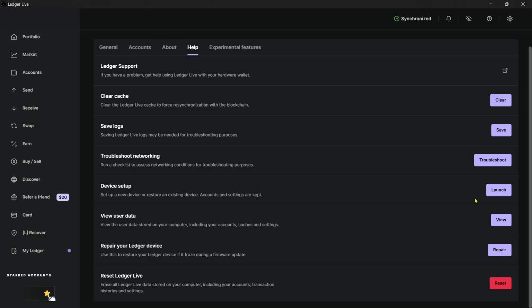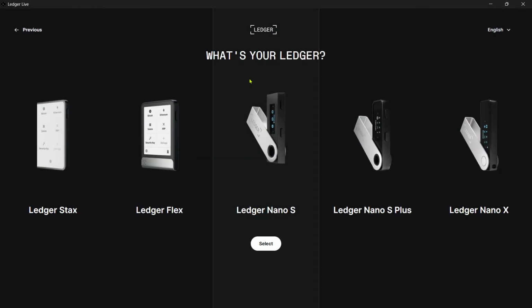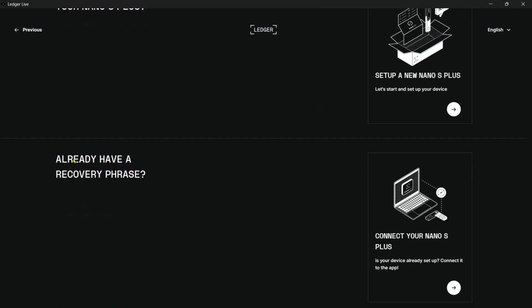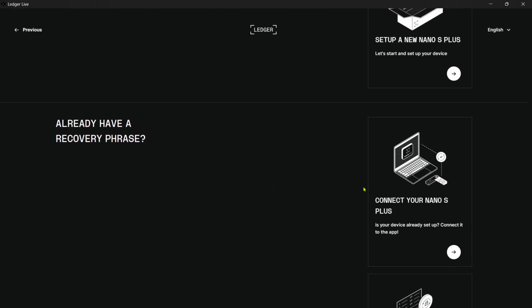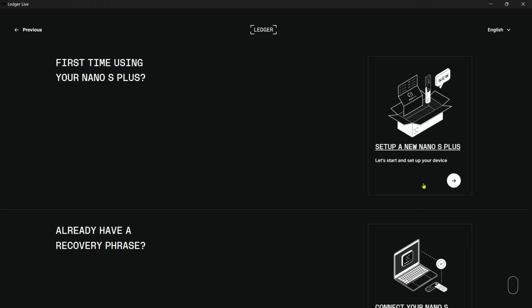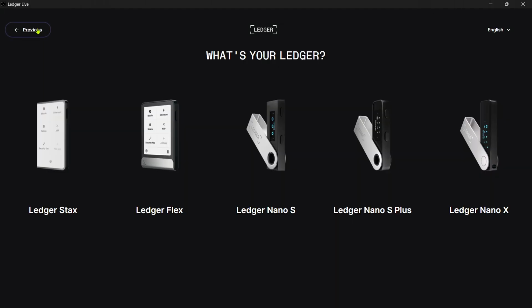basically go from the beginning. So it's going to look like this. You're going to have to start on your device setup again. You're going to have to select it, and then you just click on already have a recovery phrase, and you can just connect your Ledger device over here again, and you've basically reset everything regarding your Ledger Live app,